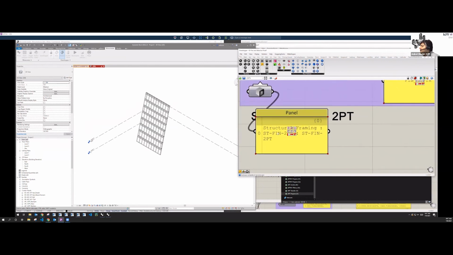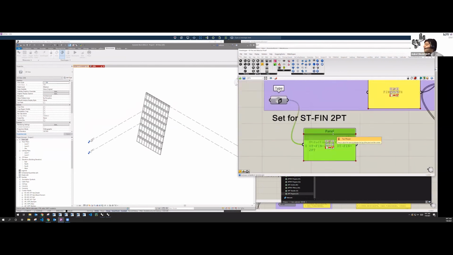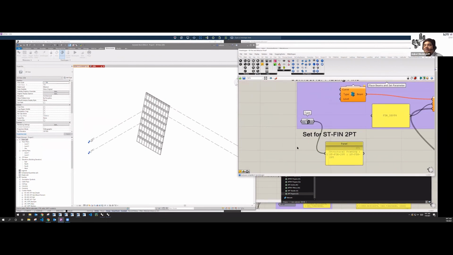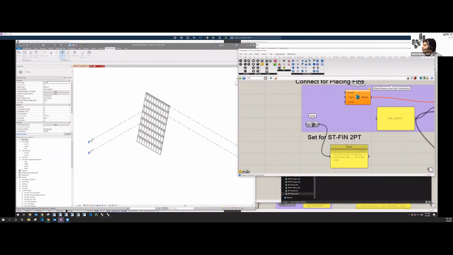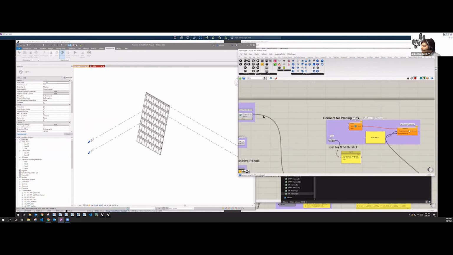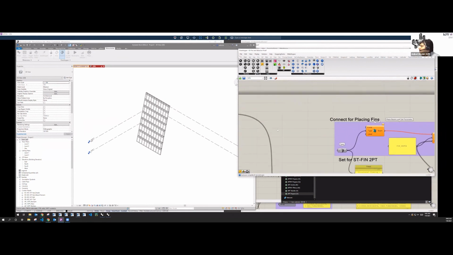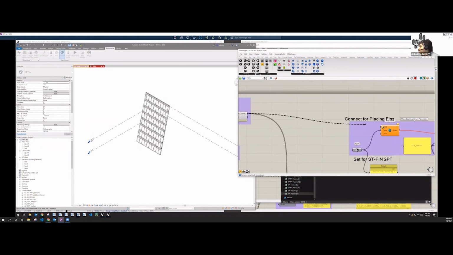a panel here just to make sure. I have had a lot of bad luck where I put in the wrong thing in the wrong node. So I'm always double checking my work. And that just goes for everybody. It doesn't hurt to be a bit more careful with what you're putting in. So I can connect the type, I can connect the curves, and as you can see, it's going to place all